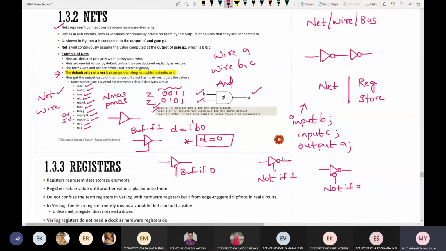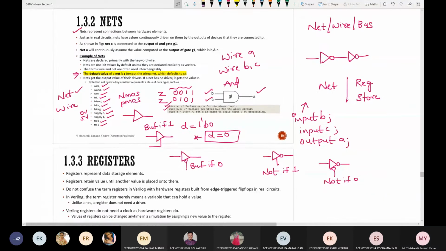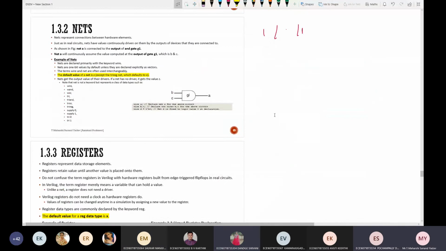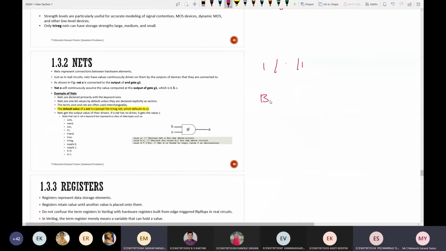How many types of modelings are there? Structural, gate level, behavioral, data flow. Behavioral, next one is data flow. Gate level or structural level, both are same. Last one is switch level.